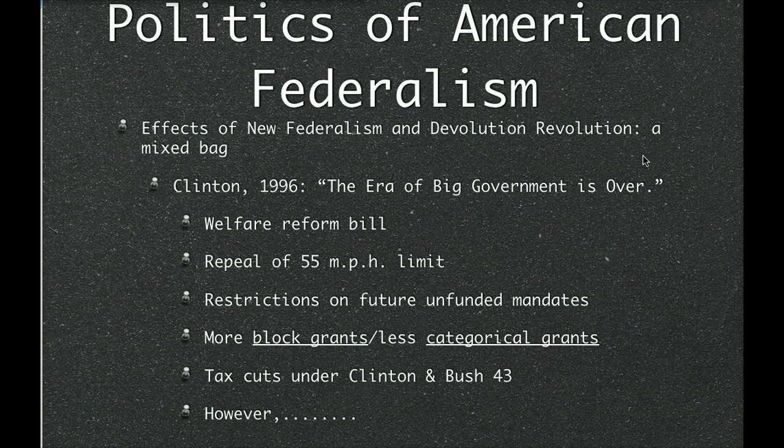After the welfare reform bill was passed in 1996, Clinton himself said the era of big government is over. Aha, we've seen that that's not true. During his time, there was the welfare reform bill, there was the repeal of the 55-mile-an-hour speed limit, there were restrictions again on future unfunded mandates, there were more block grants, there were fewer categorical grants, there were tax cuts under both Clinton and Bush 43. However,